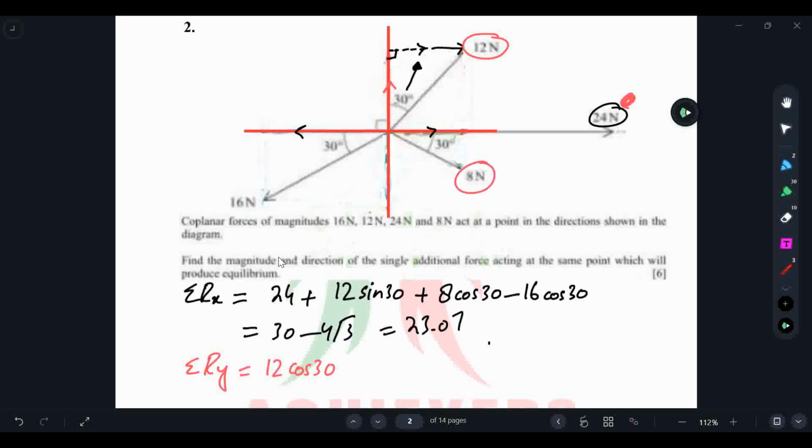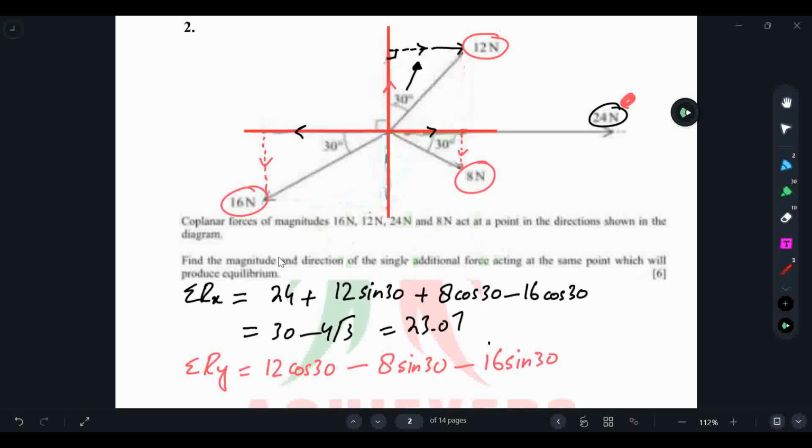Now for 8 Newton, we need to see that this one is going downward. That is why we will take it as 8 sine of 30, because this side is the perpendicular side. Now similarly for 16 Newton, we have to see minus as it is going downward. So this should be 16 sine of